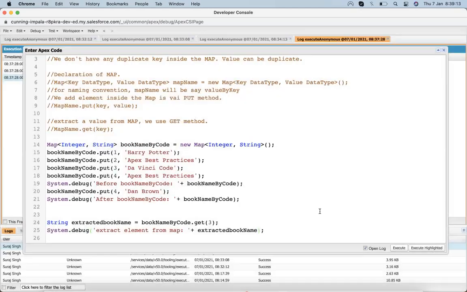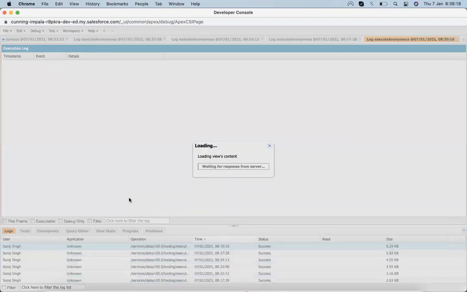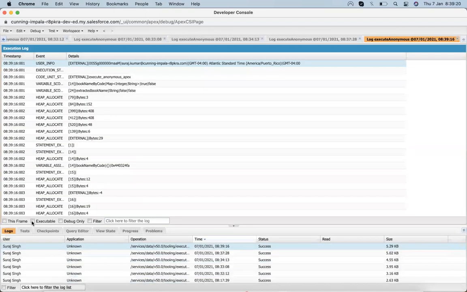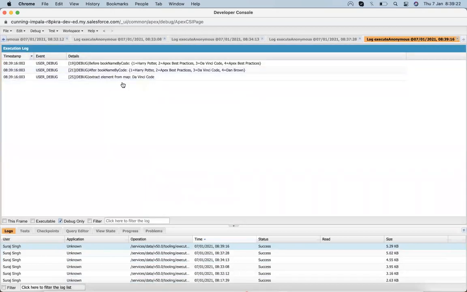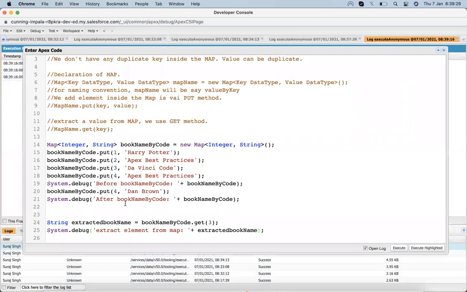Okay, so whenever we are storing a map value in a variable, the data type of that variable must be the same as the data type of the value.